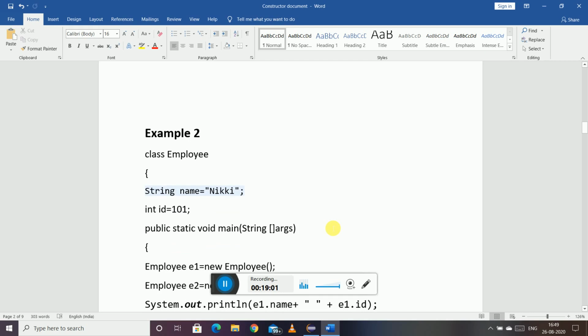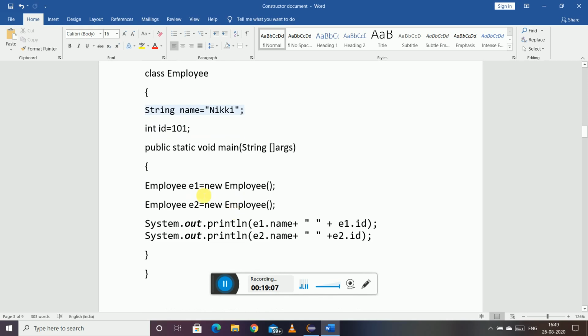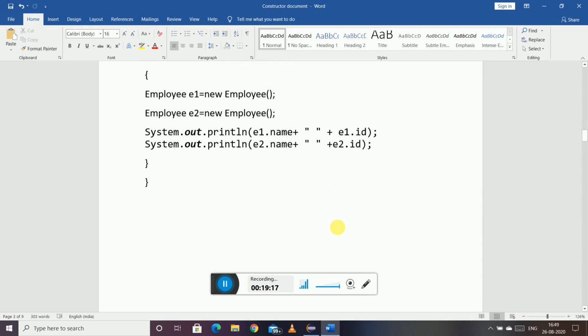If you are going to initialize these variables in the beginning itself, then all the objects will have the same name and ID, which is not right, because all employees cannot have the same name and ID.